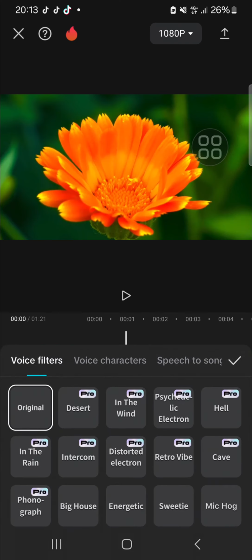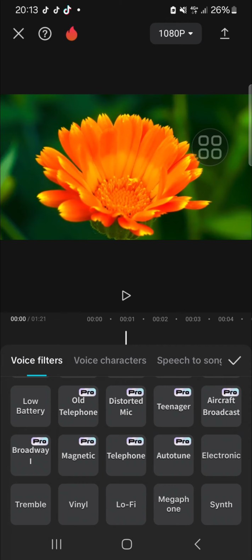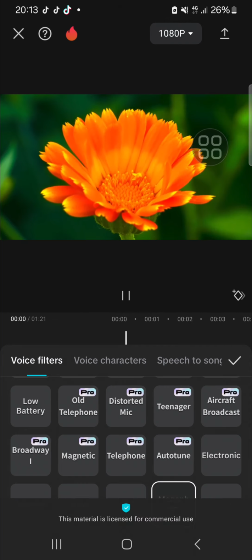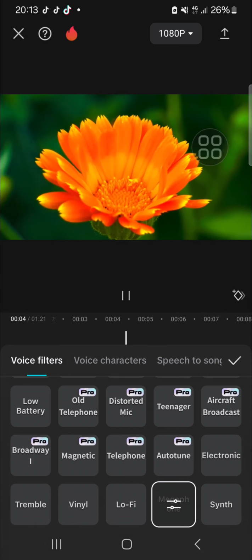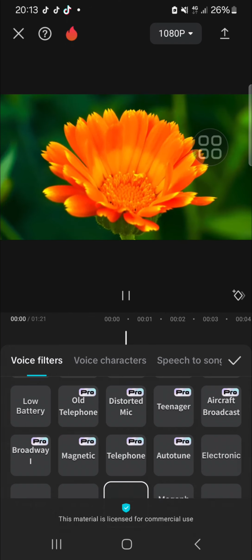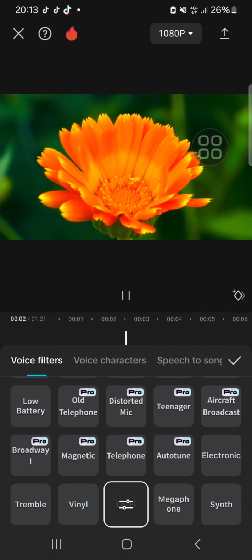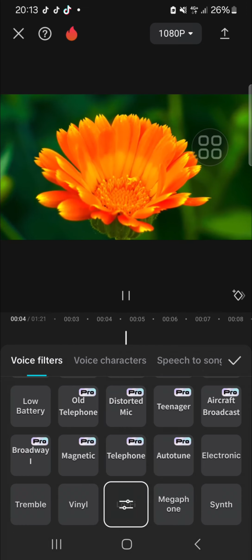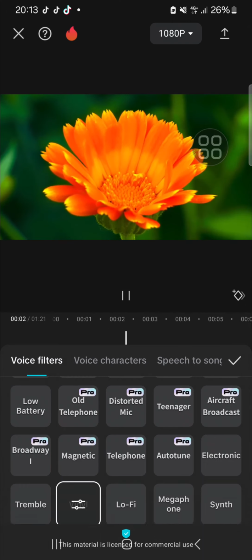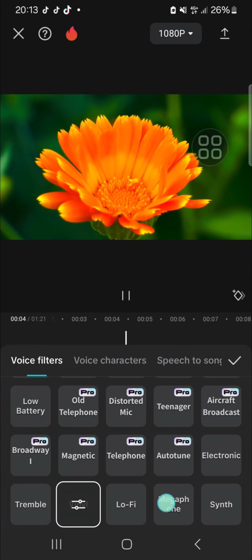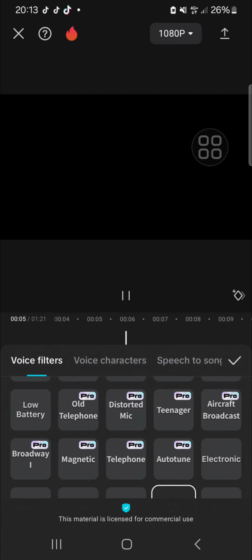And here I'm just going to show you which of the effects we can use to make the audio sound muffled. You can scroll down until you find the microphone effect, this one guys. Okay, or actually you can choose this lo-fi effect to make your audio sound muffled. Okay, and the last one, you can also try this vinyl effect. Okay, and I think I prefer this microphone effect, so I'm gonna select the microphone and then we can click